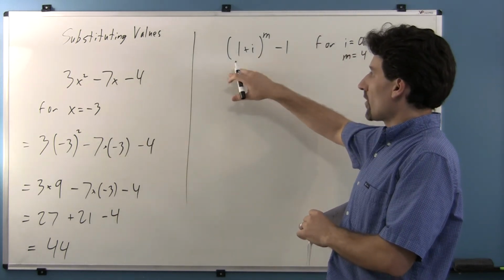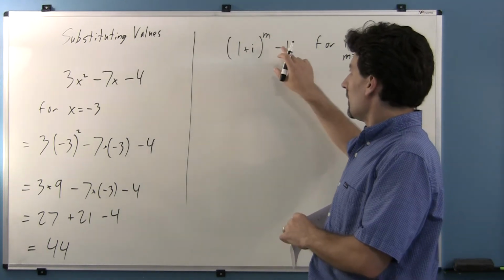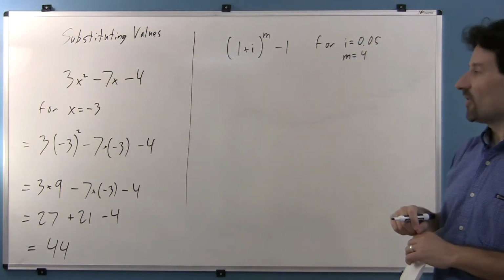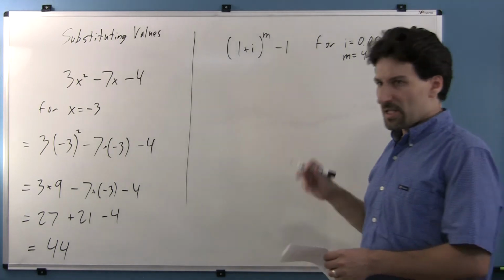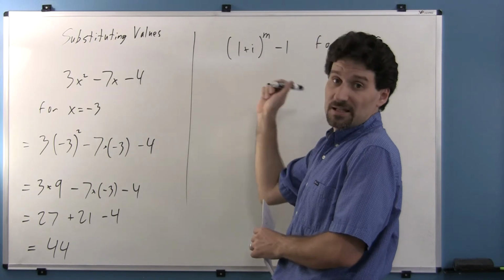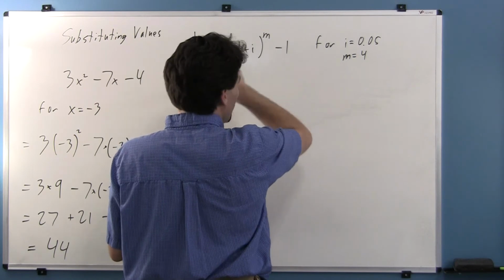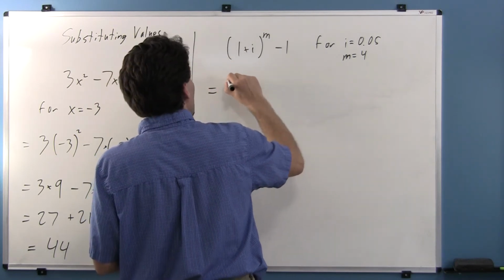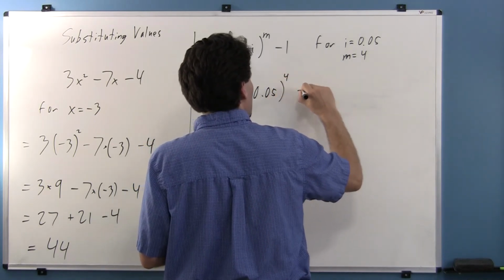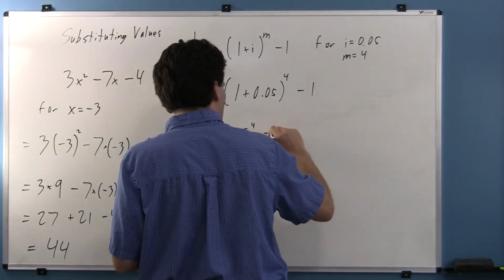Here we have an expression, bracket 1 plus i, bracket, to the power of m minus 1. And we do this for i is equal to 0.05 and m is equal to 4. Let's put those in and just see what happens, and I'll tell you why we're not just making things up. This comes up in Business Math 2 as well, in the second course that some of you might take. So this is equal to bracket 1 plus 0.05 bracket to the power of 4 and then minus 1. So that's 1.05 to the power of 4 minus 1,